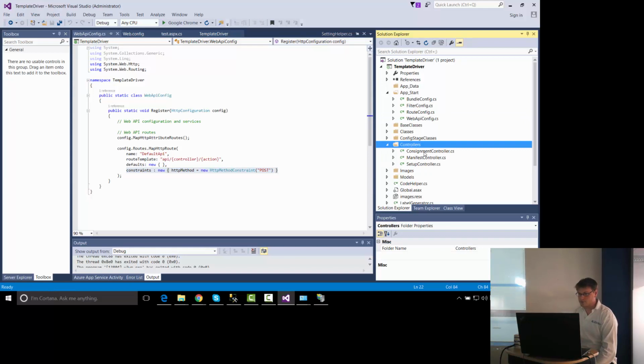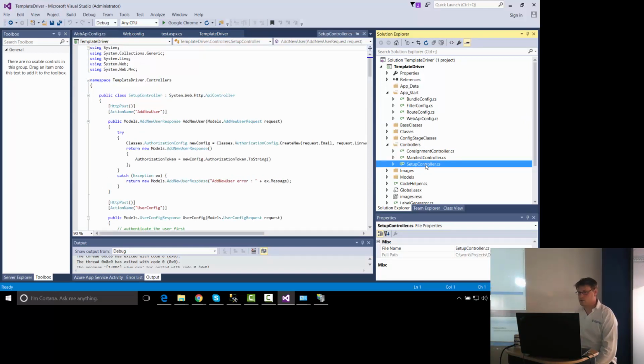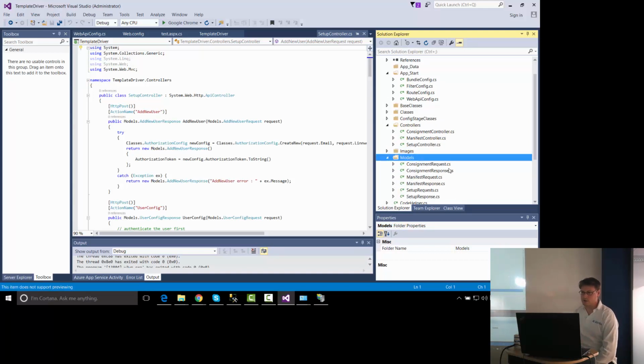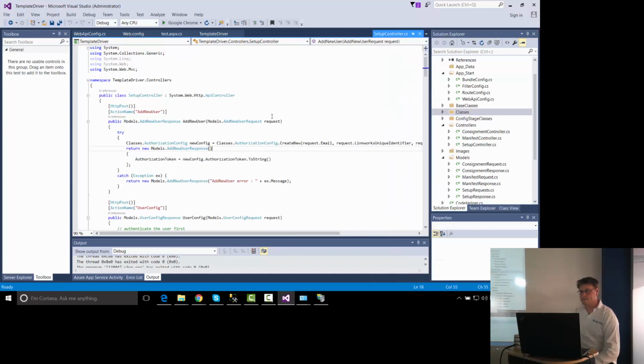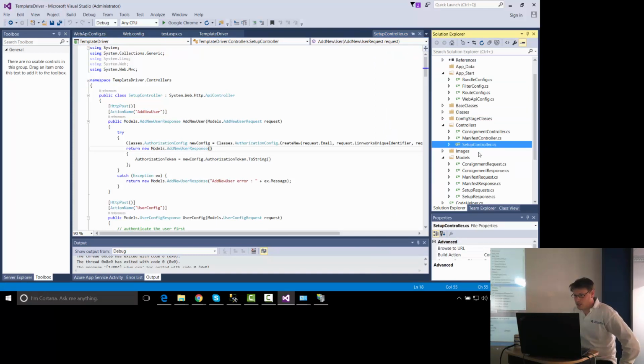And we have controllers, which are the things that will handle all the requests. And we have model classes, effectively creating the model for request and response. That's about it, really. Okay, so in our controllers, this is where we have our endpoints where Linux.net will be